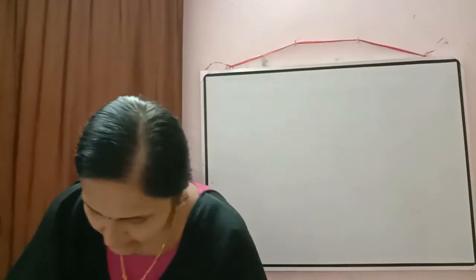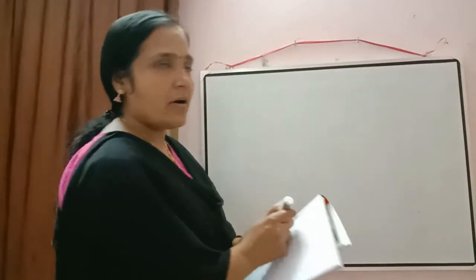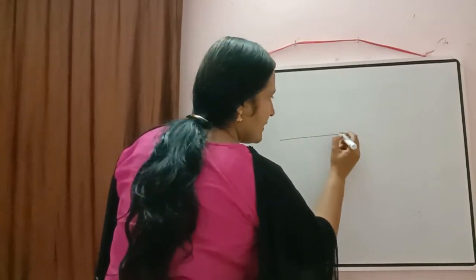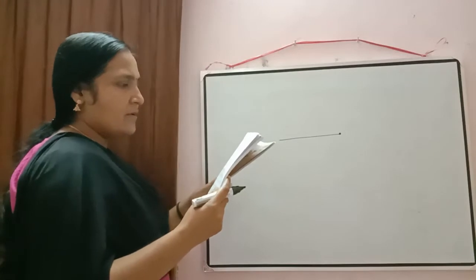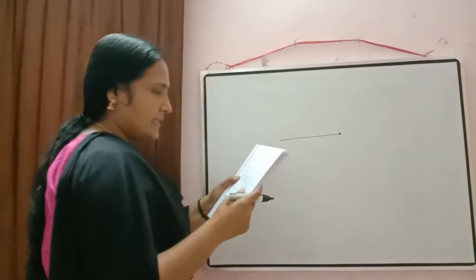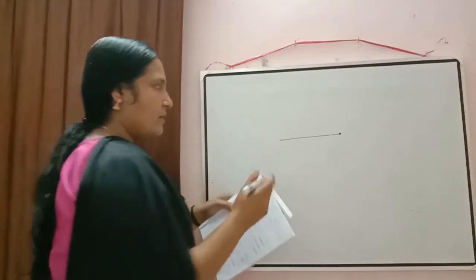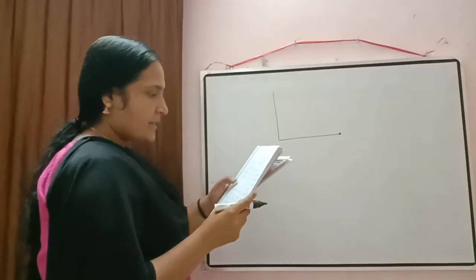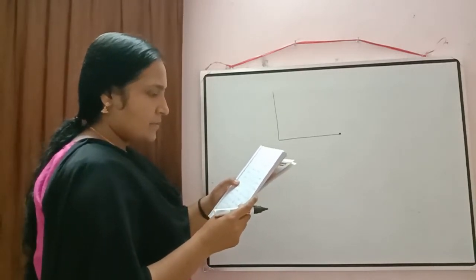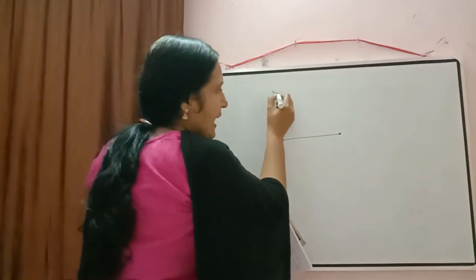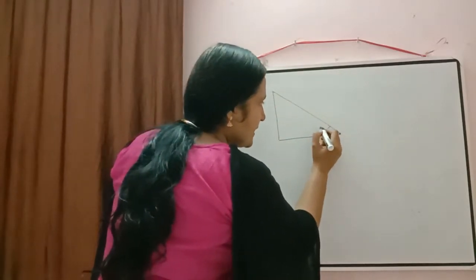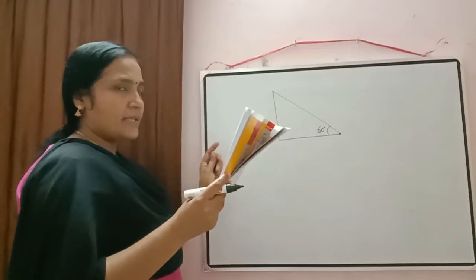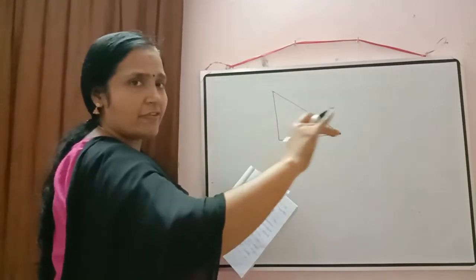Okay. Now just to check, a person standing on the bank of a river. Suppose here we have a river, and one person is standing here. Observe that the angle subtended by a tree on the opposite bank. On the opposite bank we have a tree there. The angle subtended by a tree on the opposite bank is 60 degree. So this angle is given 60 degree. Correct? And then what is given? When he retreats 20 meter from the bank,